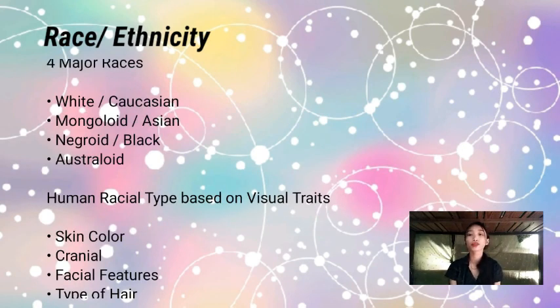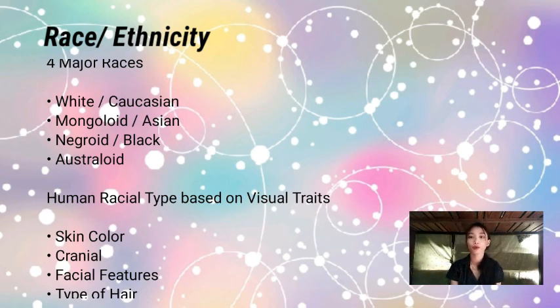The world population can be divided into four major races, namely White or Caucasian. Next is Mongoloid or Asian. The third one is Negroid or Black. And the last one is Australoid. The most widely used human types are those based on visual traits, such as skin color, cranial and facial features,